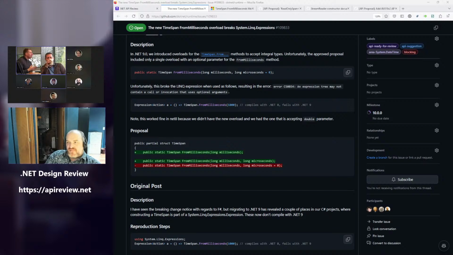Yeah, I mean, the problem with expression trees is they are effectively the backbone that makes EF work, right? And so I recently started playing with EF, and it's already painful because a lot of the standard operators you can't use, like conditional null, you can't use null bang, right? So there's a lot of things that seem like they should work, but they don't. And so I don't know, because if we could make changes to expression trees, I think what we would do instead is just have it work, right? Like that would be the more reasonable fix.